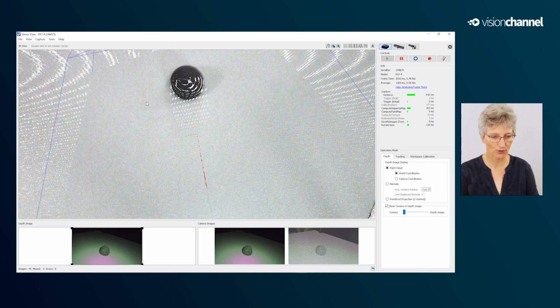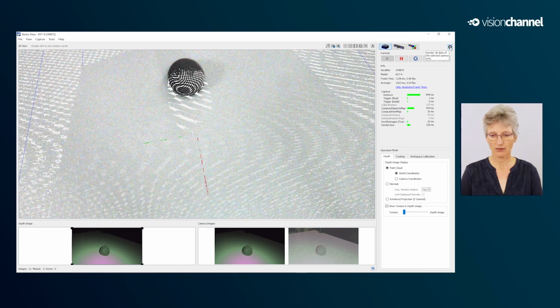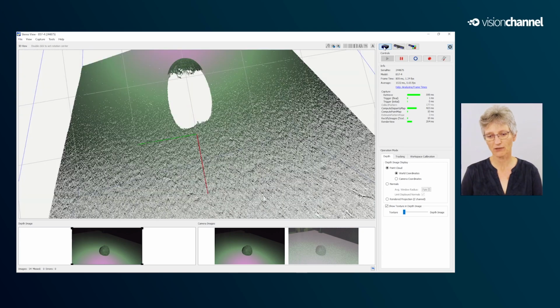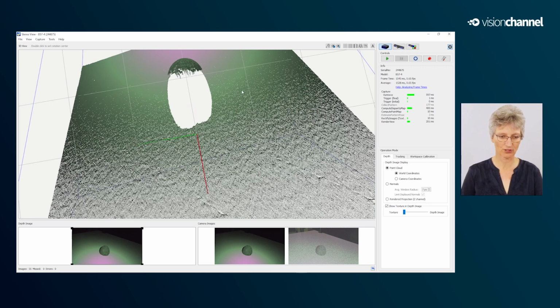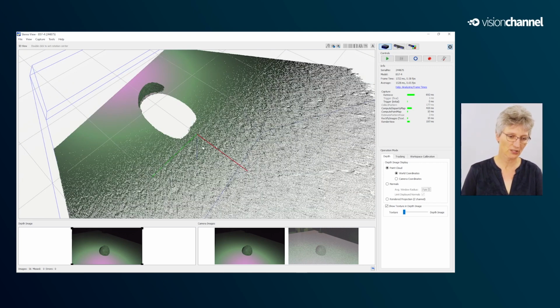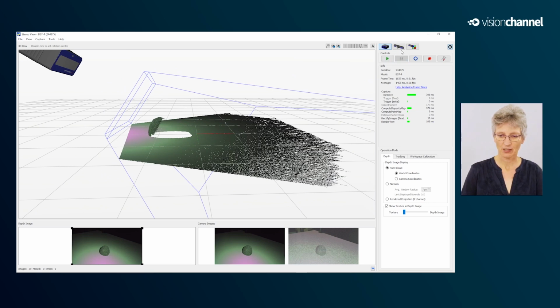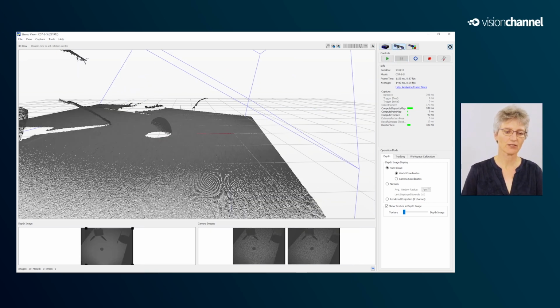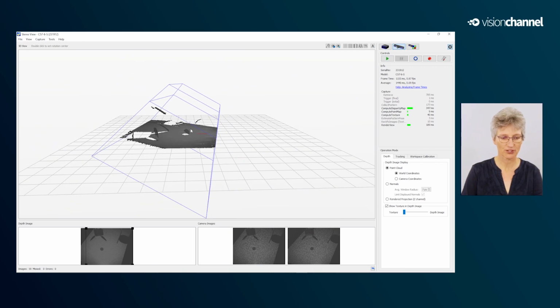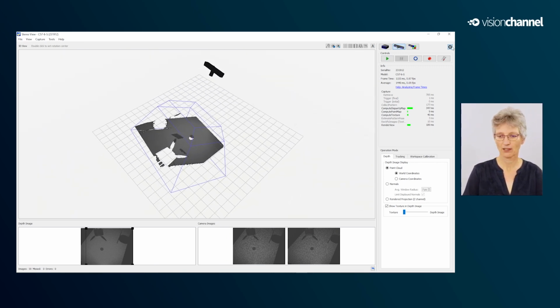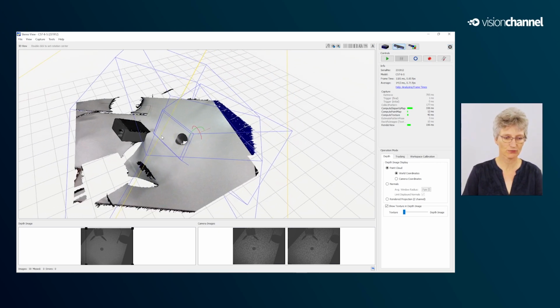So if you want to see the contribution of each single camera, you can click on that button. Then it's blue, and then you see only the selected camera. So this is what the Ensenso B contributes. And if I change to the C, then you see what the Ensenso C contributes. And if I click that again, we have the complete view.